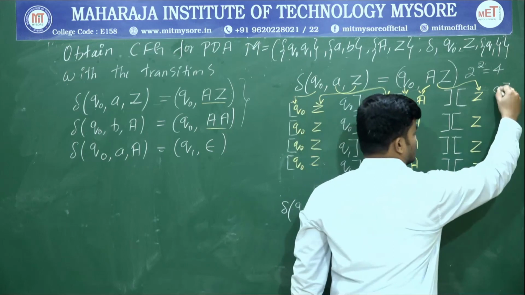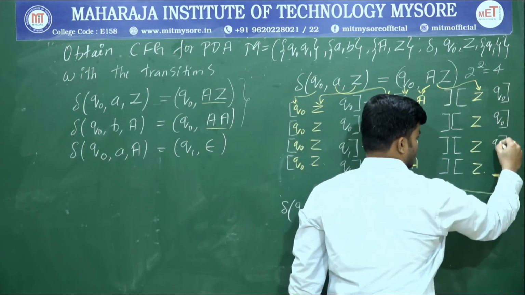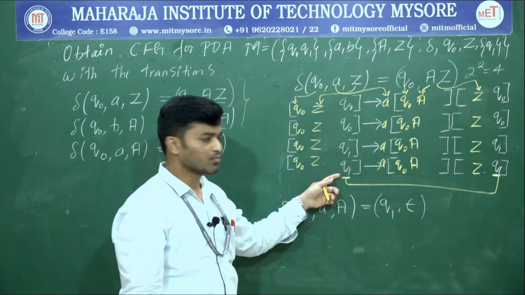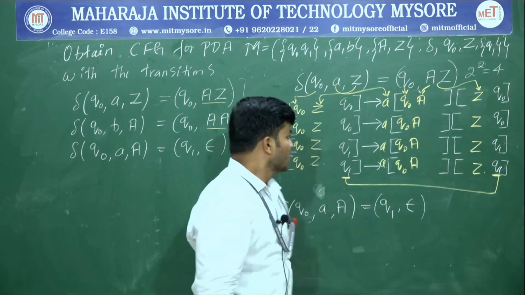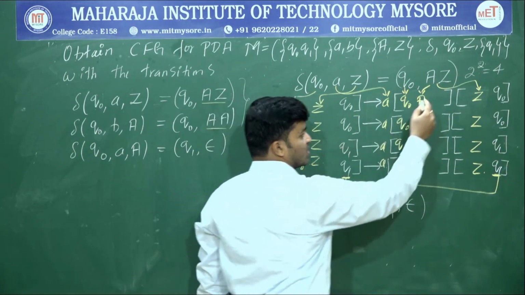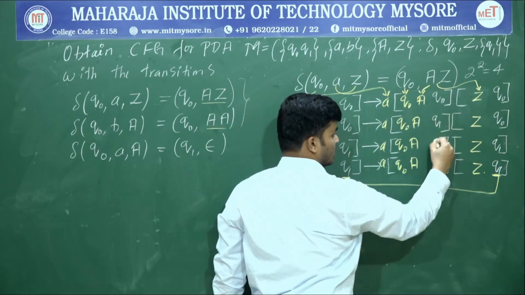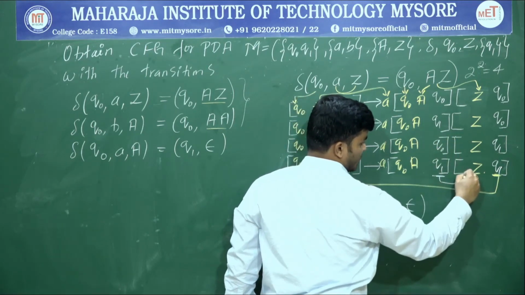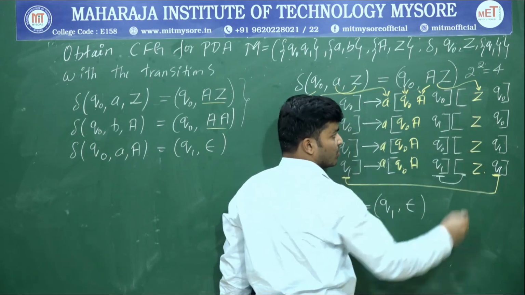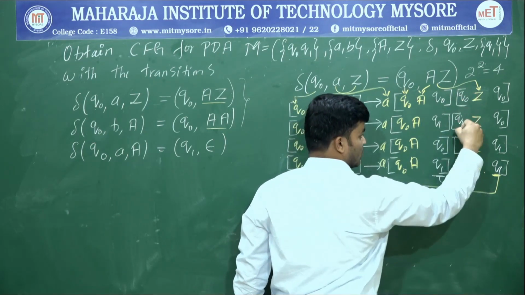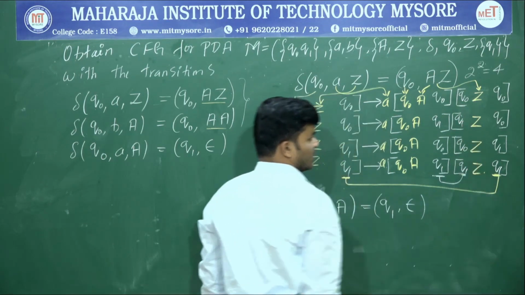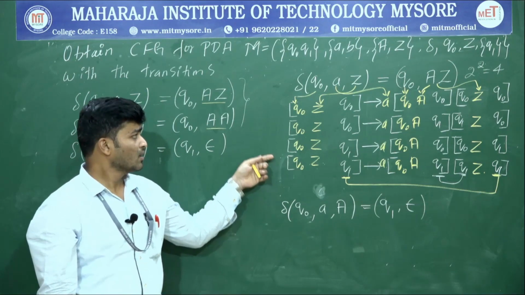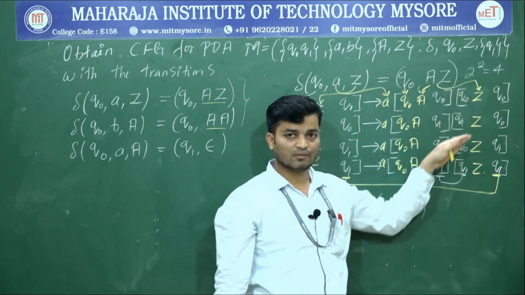So we will get Q0, Q0, Q1, Q1. So Q0, Q1, Q0, Q0, Q1, Q1. The same thing should be repeated in the last column. If it is Q0, Q0, Q1, Q1, here you have to write Q0, Q1, Q0, Q1. Whatever you write over here should be repeated in the first column of the second box. Therefore, here I will get Q0, Q1, Q0, Q1. That's it. This is the way you are supposed to write a transition in context-free grammar if the production contains two terms in the right hand side.